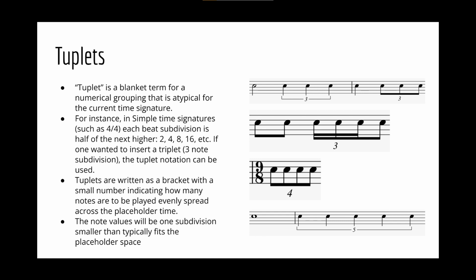So looking at the first example, you've got a half note and you've got 3 quarter notes bracketed with the number 3. Those 3 quarter notes would normally take up more than a half note. Normally you'd have 2 half notes in a bar of 4/4. But we crammed a third one in and took a little bit away from each, so that would be 1, 2,